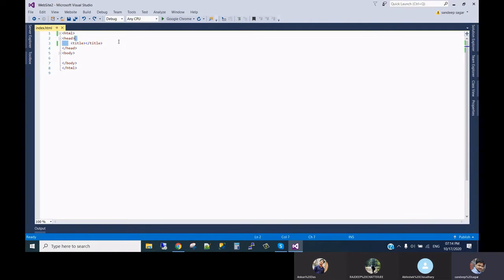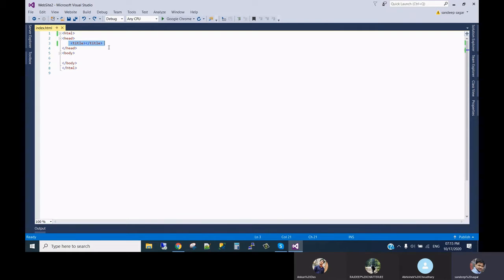In the head we provide the title of the page. We can give some meta tags; we will proceed with these one by one. We can give some links, for example CSS links or JavaScript links, some library or anything. Everything will go in the head tags. The body, as the name says, is the body of the whole HTML page. Whatever design we do, whatever content writing or any form, that will go in the body tag.